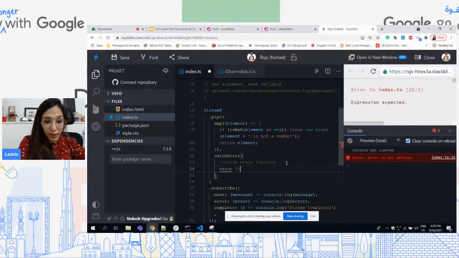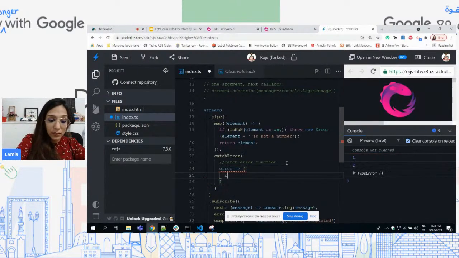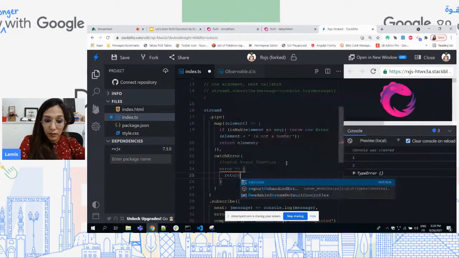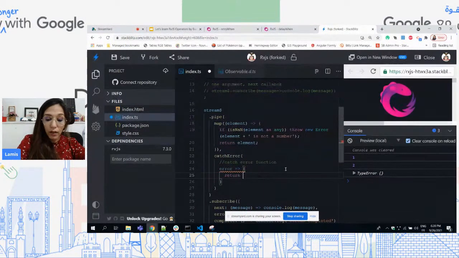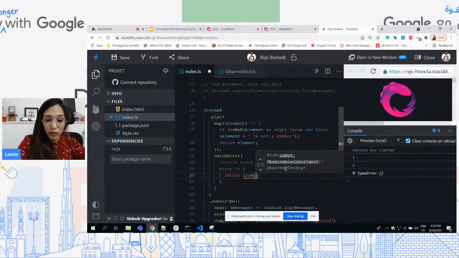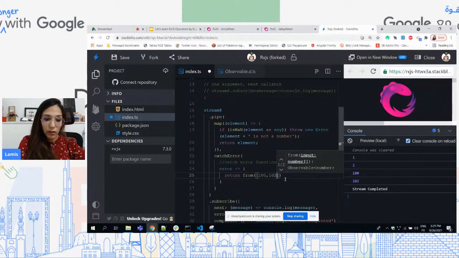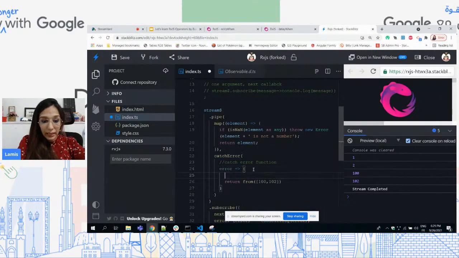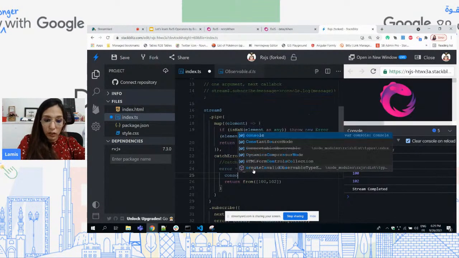So I have here an error, and I will return an observable, let's say from... I want to return an observable of 100 and 102. Okay, so I can here put console.log